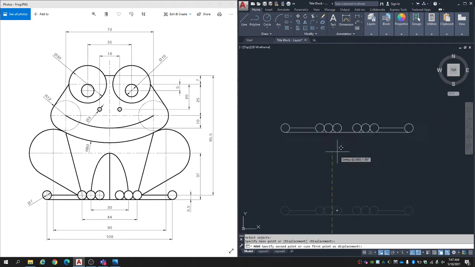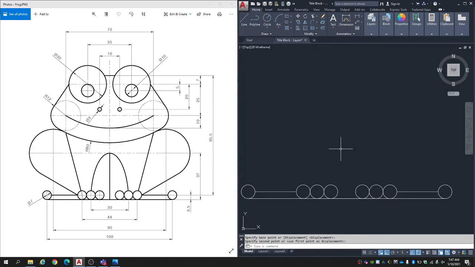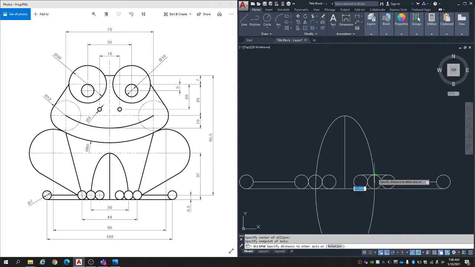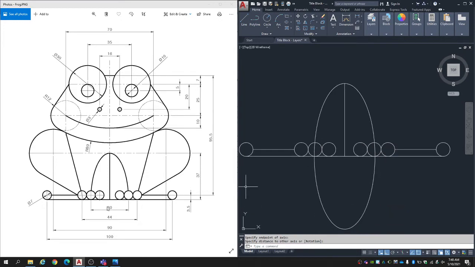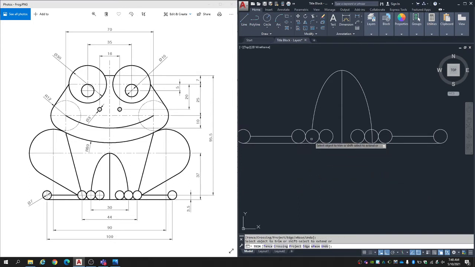Let me slide this away from the title block a bit. Okay. So from there I've got a line coming up 37, and that 37 is from the bottom right there. So I should be able to just draw a line from that midpoint up 37. And this little part of the leg is actually an ellipse. So I'm going to go to ellipse center. This is the center of the ellipse. This is the top of the ellipse, and the best guess is either the top quadrant of this circle or the center. I'm going to go with the center because I think that's what it looks like in the picture there. And then I'm going to trim out